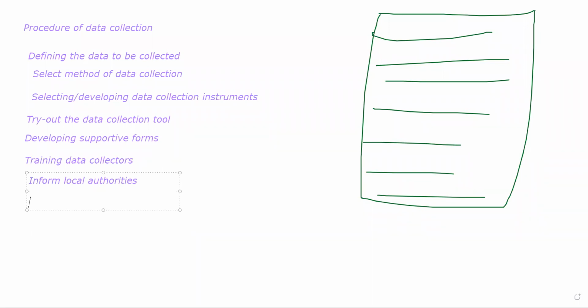Then finally, data collection and data management. ठीक है, you finally start collecting the data, and you start organizing the data यहाँ पर, so that analysis can occur. ठीक है, अब जितना भी डेटा ले रहे हैं, बहुत डेटा ले रहे हैं, थोड़ा डेटा ले रहे हैं, you can put it on a coding sheet, you can put it manually, or you can use a computer. All of that will come under data collection and data management. ठीक है, once you are able to manage the data, that is when you'll go into analysis of data and all of that. Okay, so that is the procedure of data collection, the overall procedure of data collection.